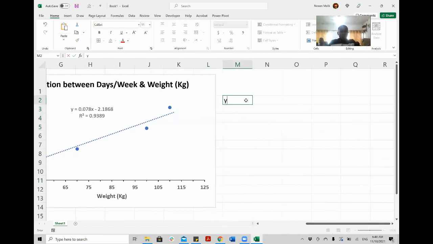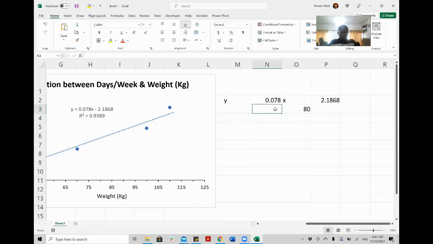Y is equal to 0.078x minus, you don't usually write minus on an Excel sheet, you just write the next number, 2.1868. Your x value is known, your x value is 80 kg, but you don't know your y value. So what is written? It means 0.078 multiplied by x, right?